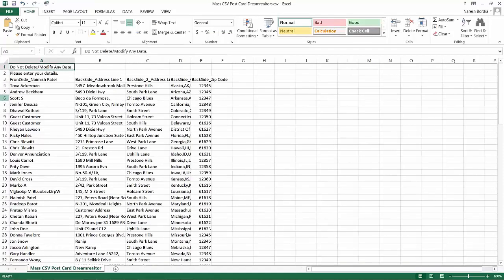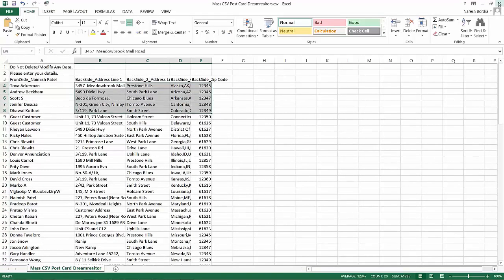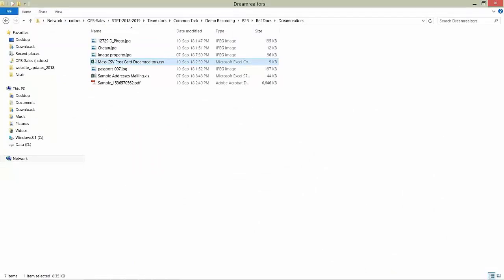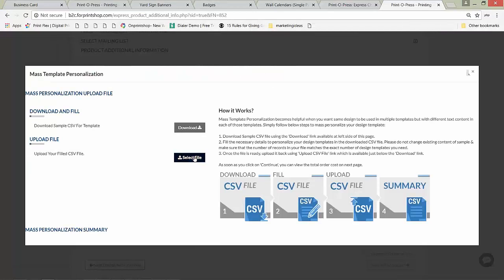I have filled in 100 different records on it. On the front side, I want to personalize each of these names. On the back side, I want to personalize all the addresses. So I would upload this mail list here, and I would show you how in a matter of seconds the system would